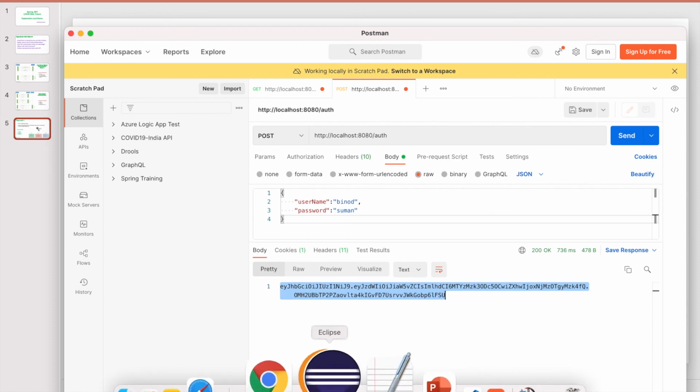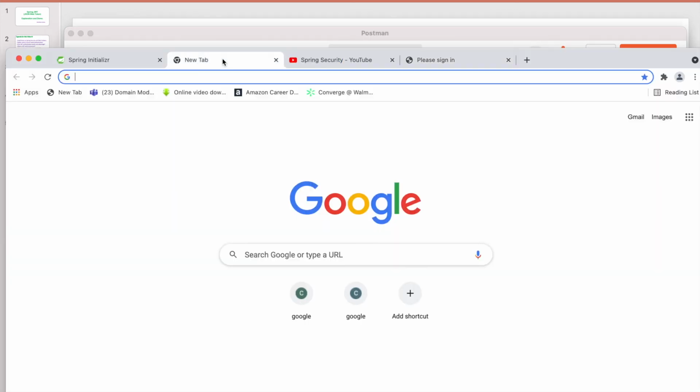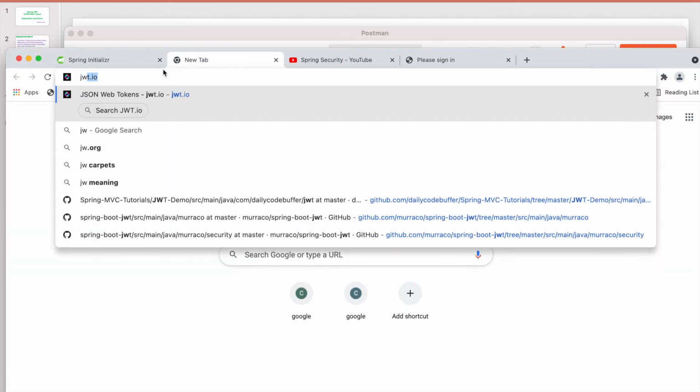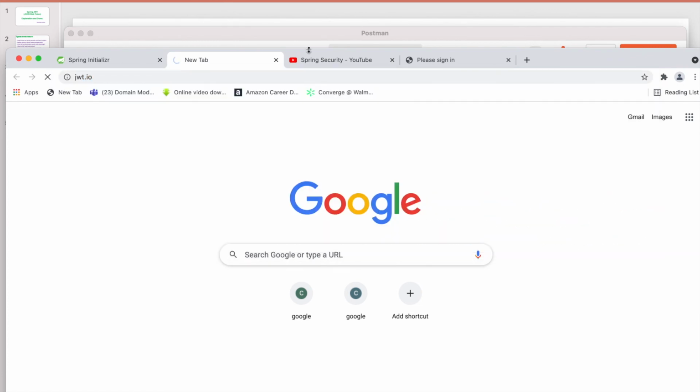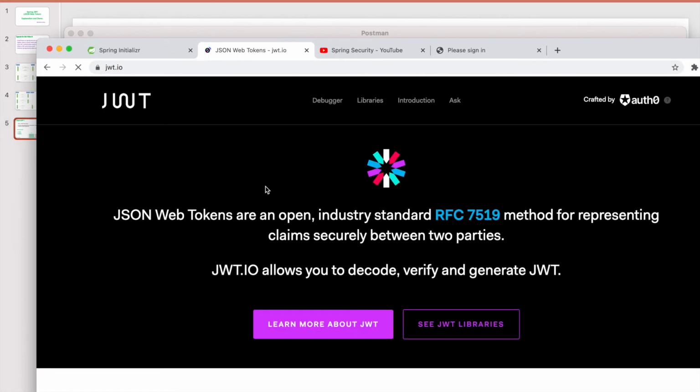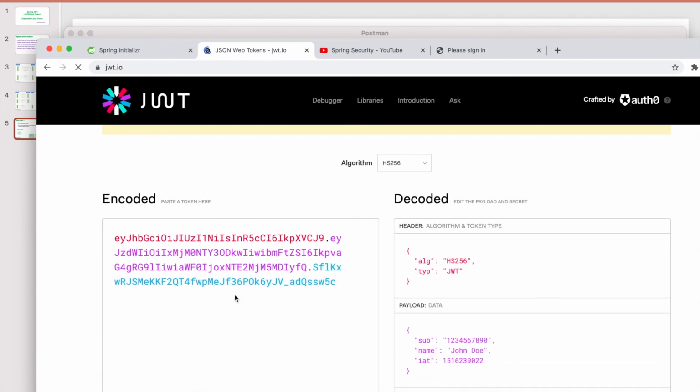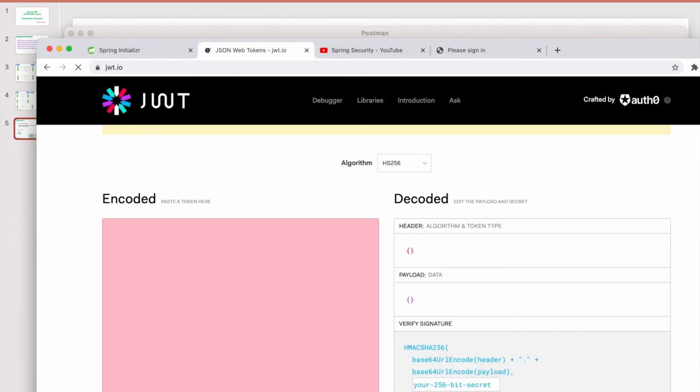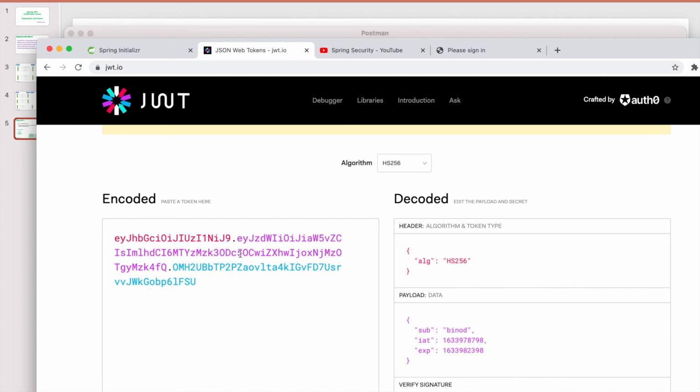So now let me explain what this part is. For that we do one thing, go to jwt.io and paste what you have got here. Then you see there are 2 dots, separating the token into 3 parts. One dot is here and one dot is here, and all 3 parts have a meaning.